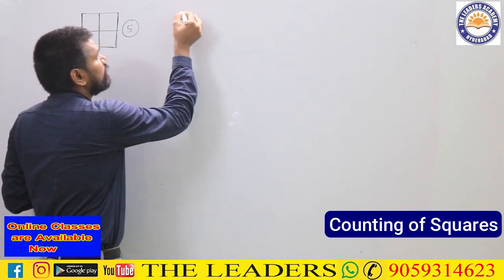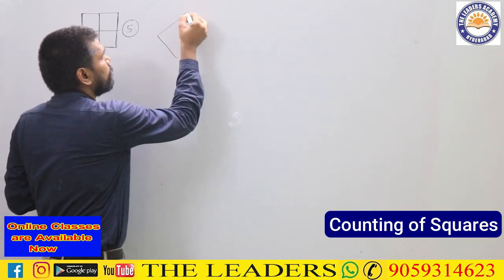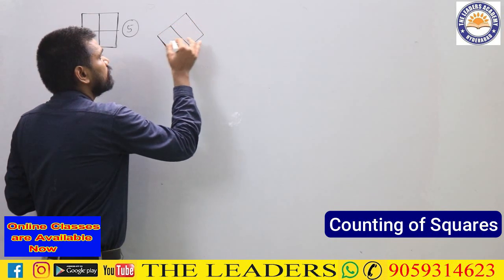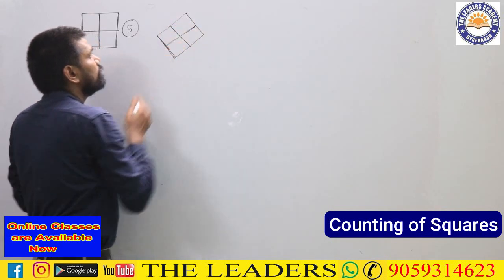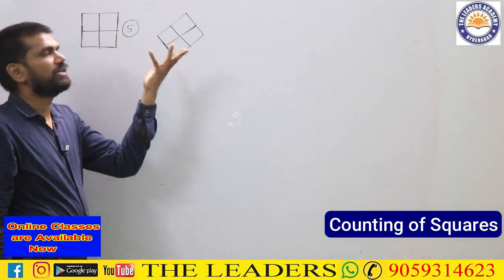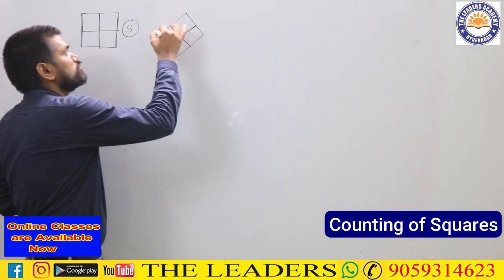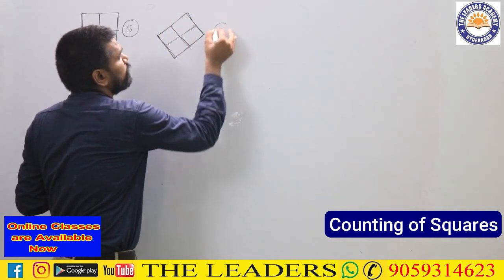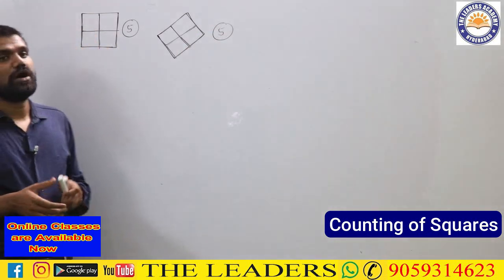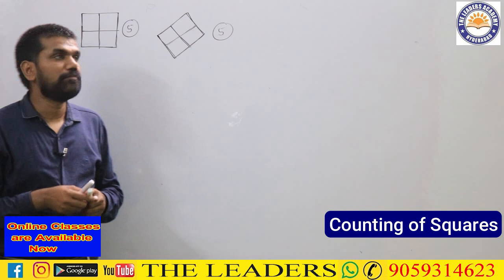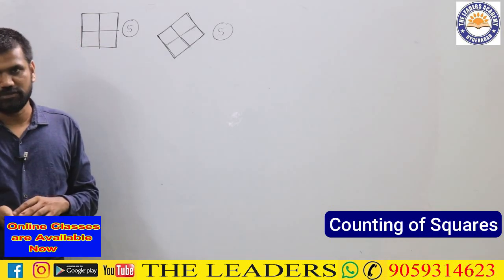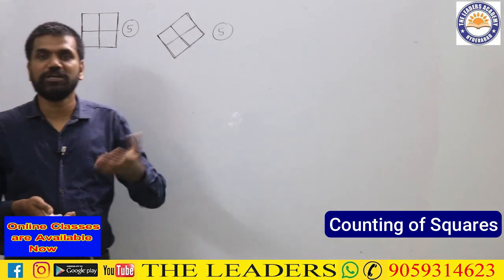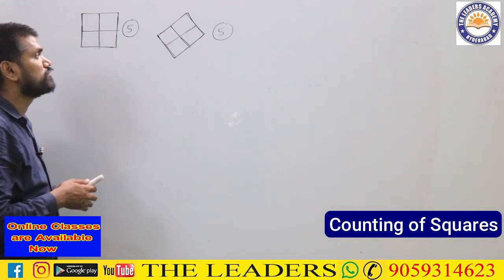Now, there is one more diagram which looks the same. This is another shape. This is also the same shape only, but it is looking slightly different. So here also the number of squares in this particular diagram will be 5 only. Now in the exams, how they can give you based on mixing of the concepts. Mixing of the concepts in the sense, whenever we are mixing this with this, combinational diagrams I can say. So the combinational diagrams look like this.